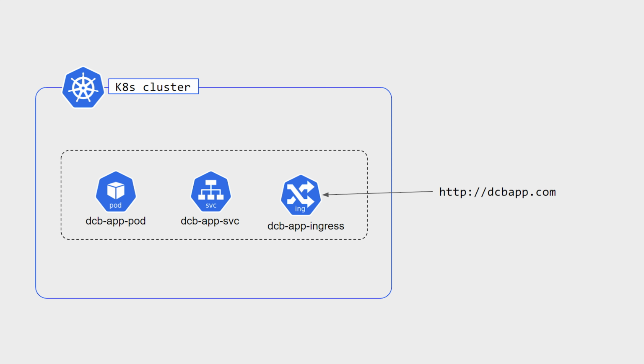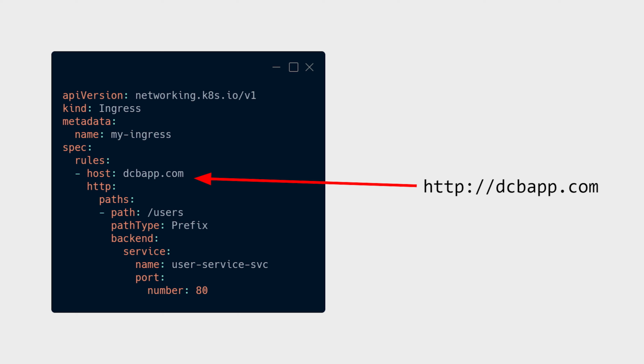So we need a routing mechanism that allows us to map the services and the resources of the Kubernetes cluster to that particular domain name or subdomains or a particular route. For that, ingress is used. So we have to define the ingress services with all this configuration. What should be your host information? What should be your path? Based on all this host information and path information, ingress should be able to route all our traffic to the particular services or the particular resources available in our Kubernetes cluster.